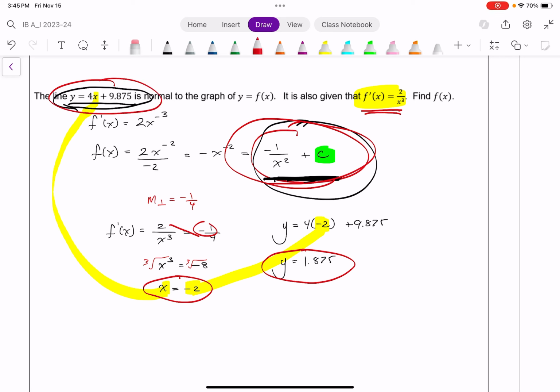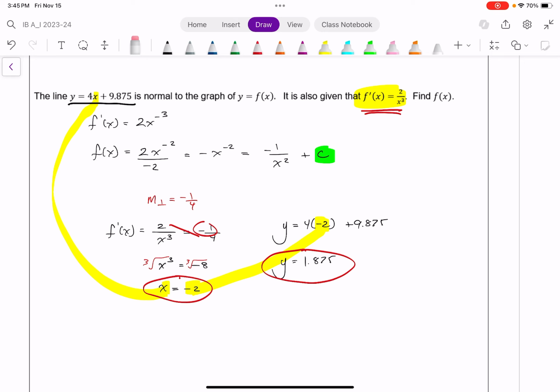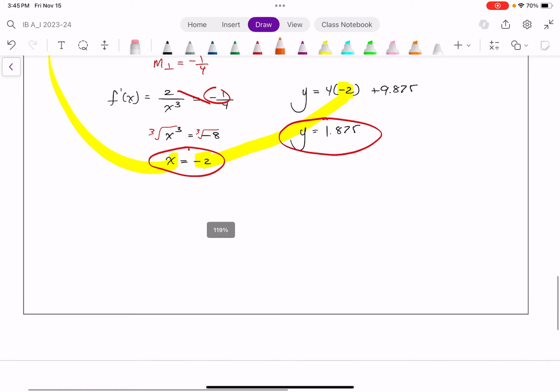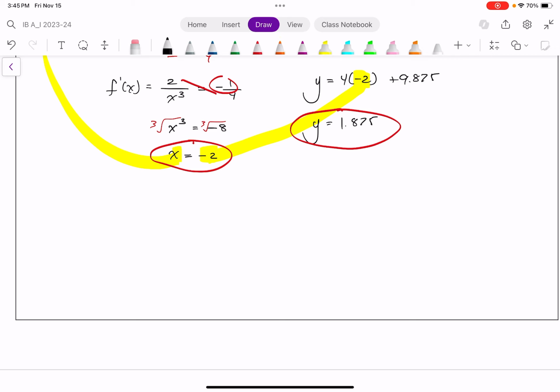So now that tells me, therefore, that for my function, oh, I've circled so much stuff here, but if I now go to this, because in the end, remember, for the last few minutes, we've just been trying to figure out that constant. I now know for my function f, when x is -2, this whole function here equals 1.875. And now I have enough information to solve for that constant. So let's make this a little bit neater down here. So I can say f at -2 I know equals